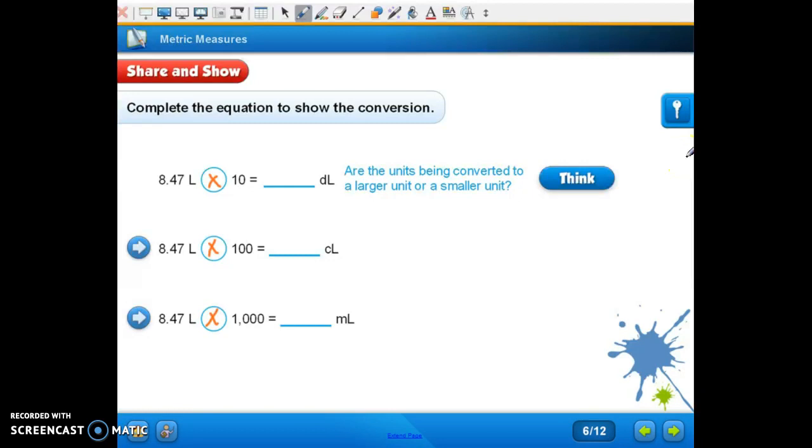Okay, we've moved to the share and show on page 425. It says complete the equations. The think says are the units being converted to larger units or smaller units? We're going from liters to deciliters and centiliters and milliliters, and so we're getting smaller. So we are going to move our decimal one place